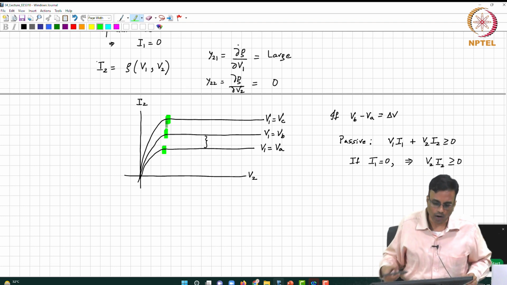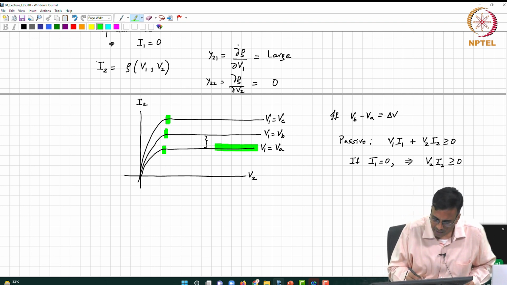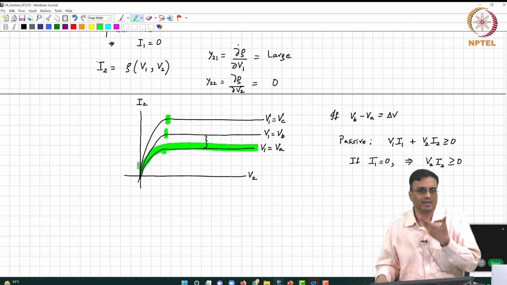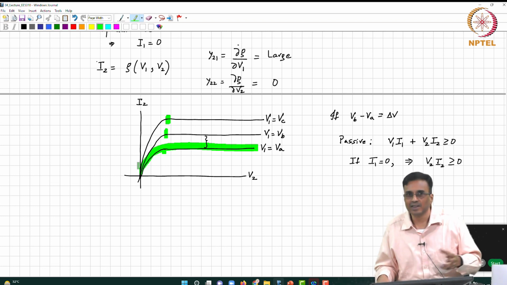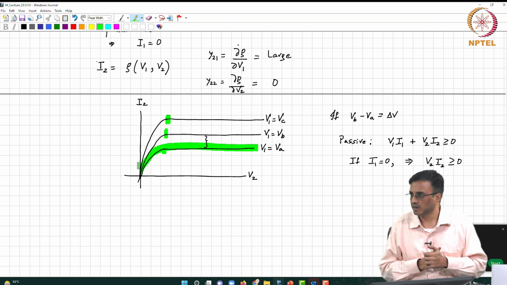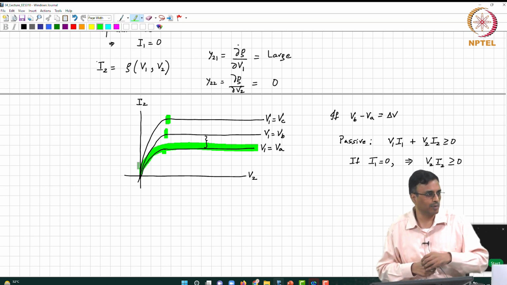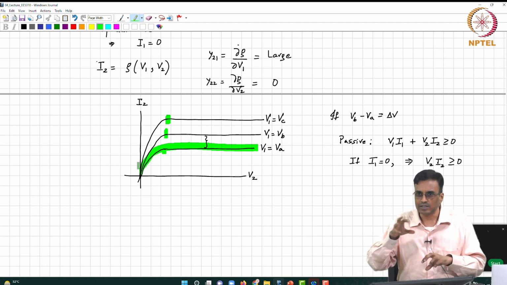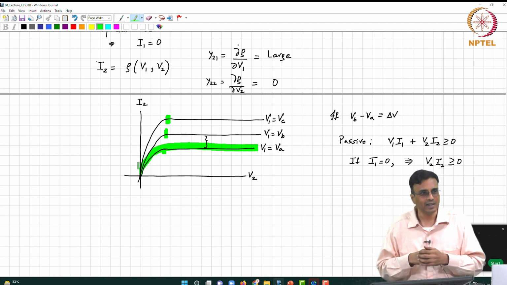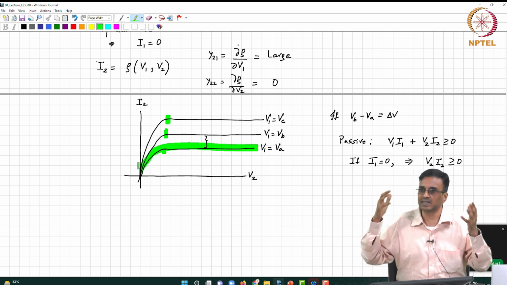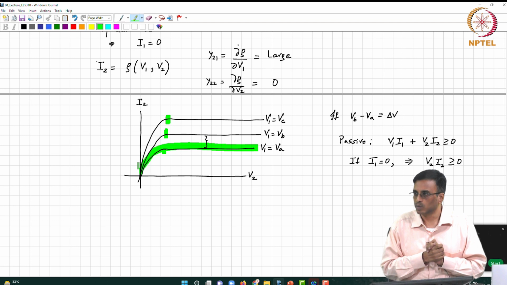I mean, what the exact function is, is the only thing that remains to be described, and that is going to be a function of how you make the device, whether you make it with semiconductors or with cement or plastic, it does not matter. That is only going to alter the nature of that equation, but the fundamental nature of these characteristics is going to be the same,